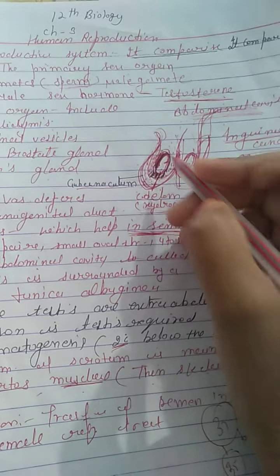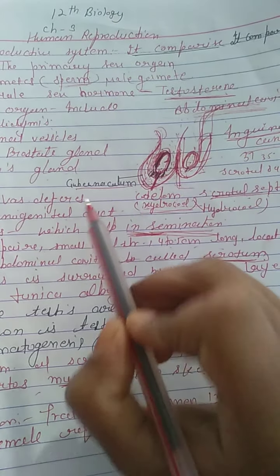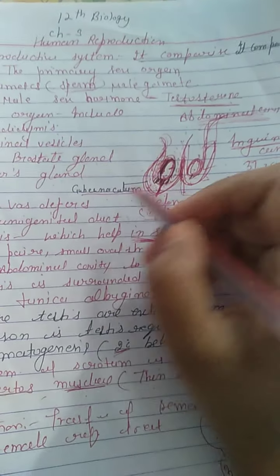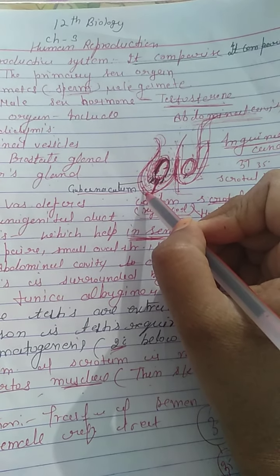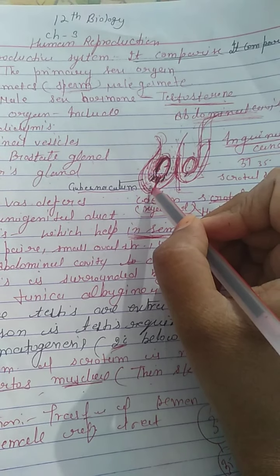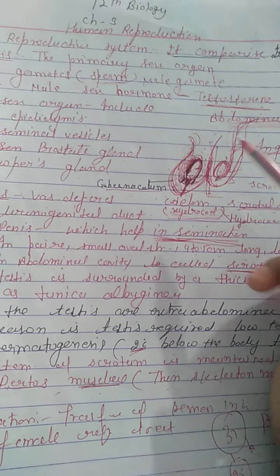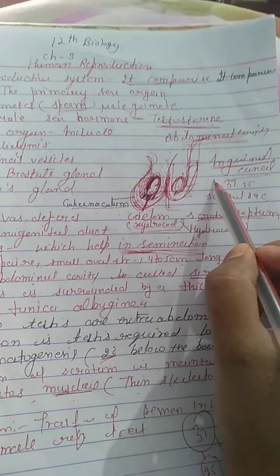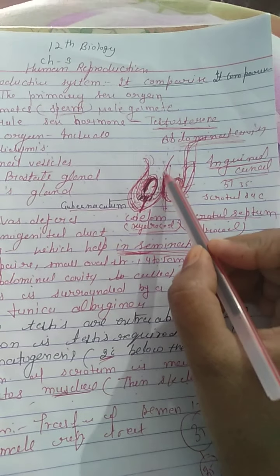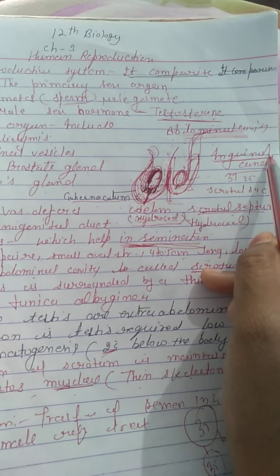So this is known as the gubernaculum. The gubernaculum is the connection between the testes and the scrotum. Gubernaculum attaches the scrotum to the testes, and the inguinal canal attaches the testes to the abdominal cavity, and the tissue